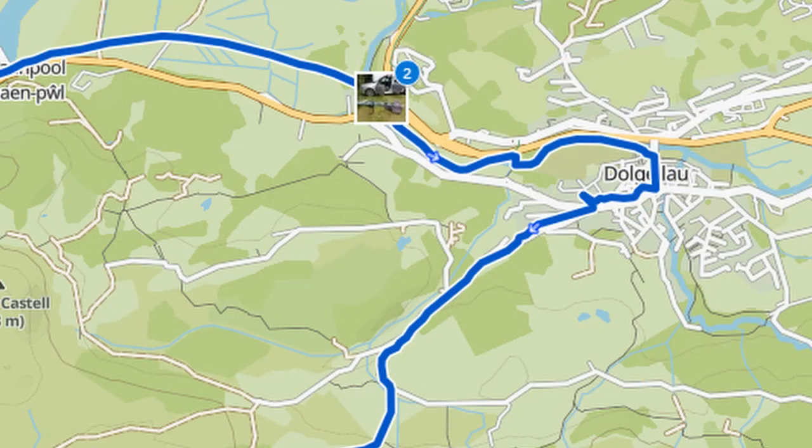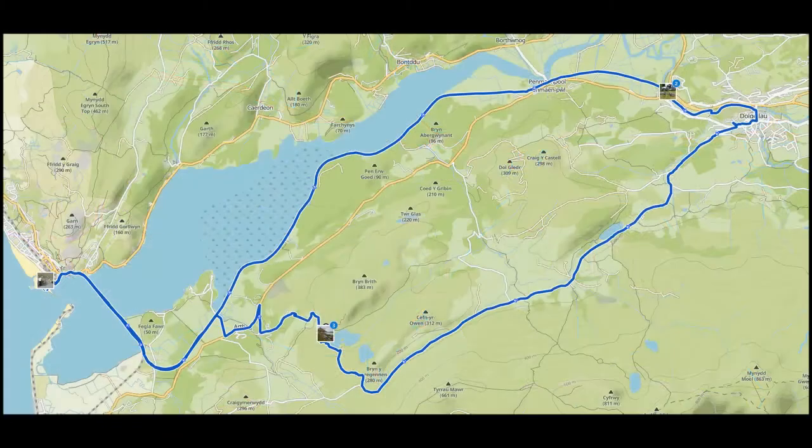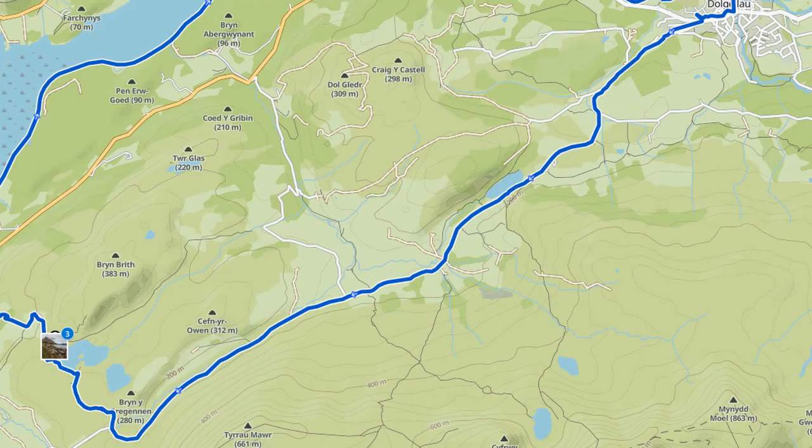So we started in a car park on the Mawddach trail that's about a mile or so outside of Dolgellau. There are no toilets there. The toilets are a little bit further back, but we were a bit later in the day. But it's not very far, and we'll start off cycling down into Dolgellau, and then we'll take the Tơn road